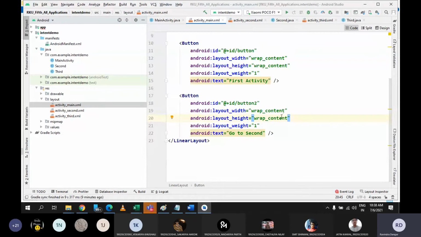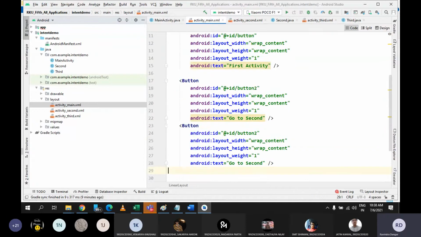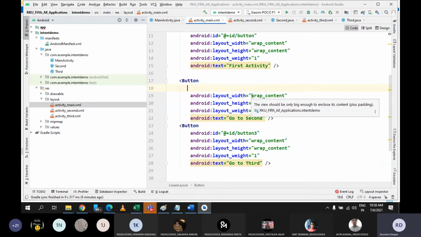Similarly here also let me put one more button. Let's copy this, paste it, and here let me write go to third. And this ID we are going to change, don't worry. As of now, let me just remove the ID so that you can get an idea.